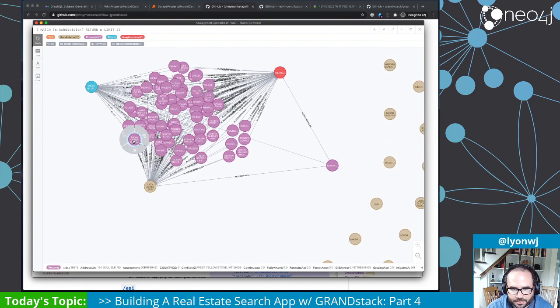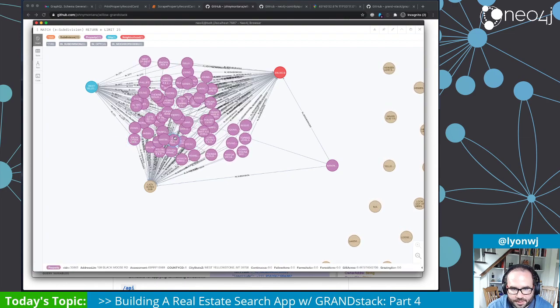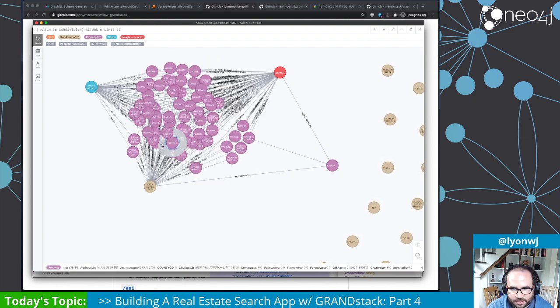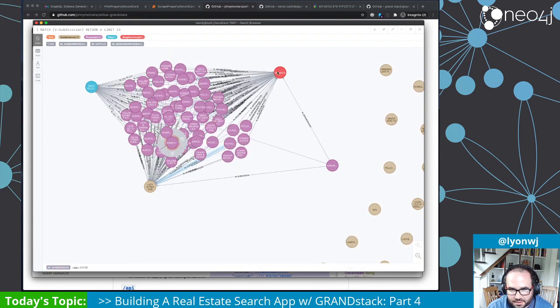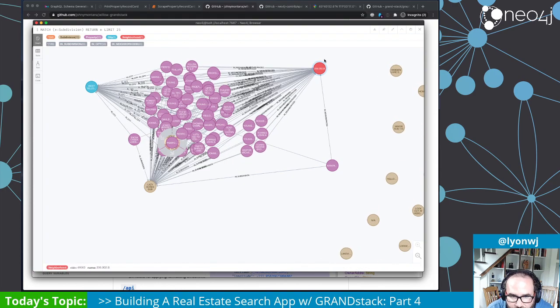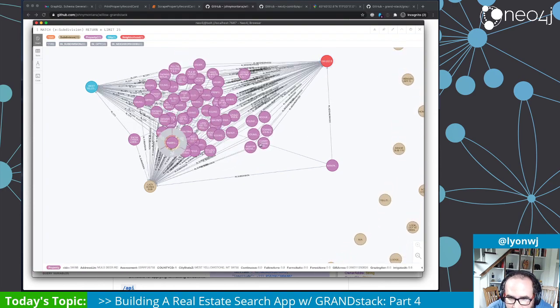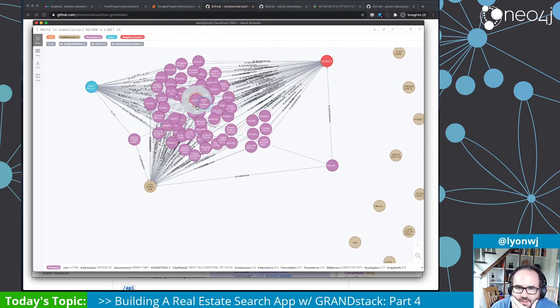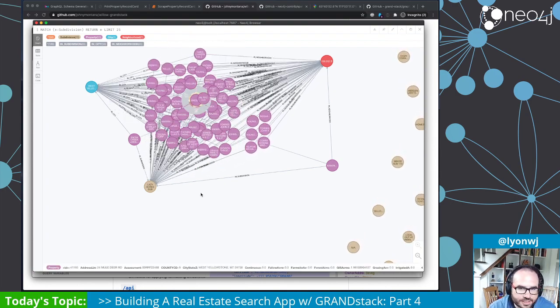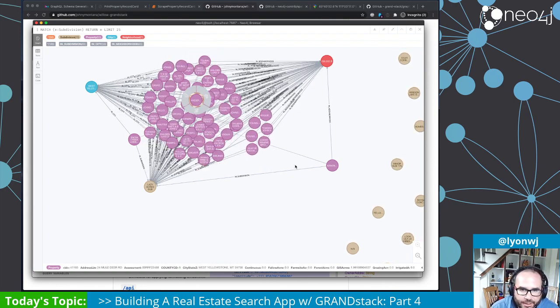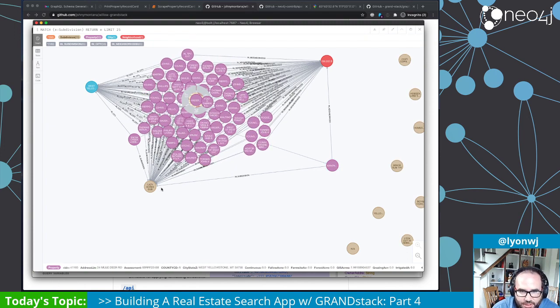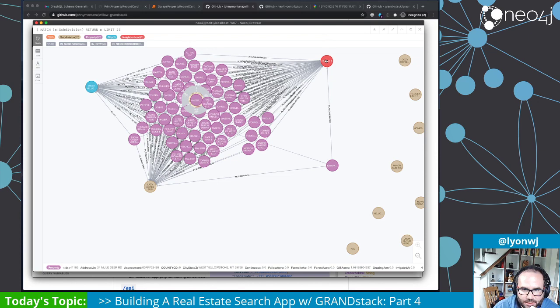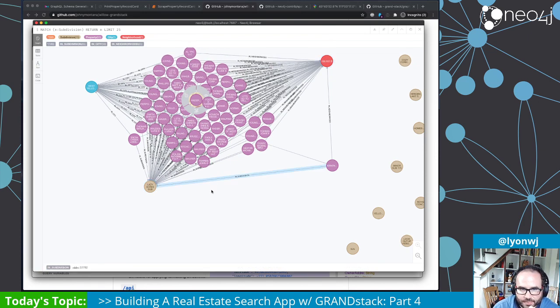If we traverse out from some of these other nodes, we may find that in this case, it looks like there's a one-to-one mapping here of neighborhood to subdivision. But it may be in some cases that we have some hierarchy here where a property may be in a subdivision, and that subdivision is in a neighborhood, and that neighborhood is in a city. So instead of kind of the